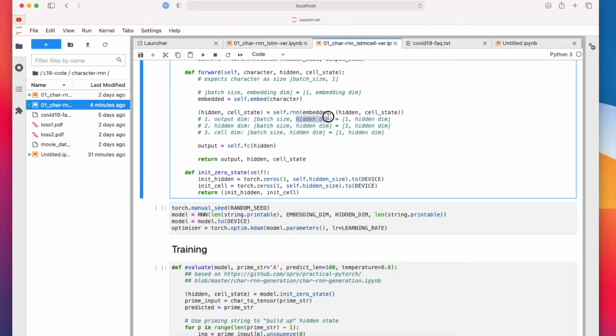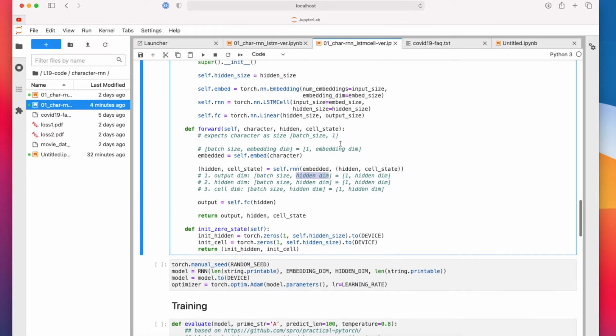This is not right here. I think this should definitely not be this one. It should be the number of characters. But here I said hidden state, output size should be, yeah, the output size. Fix this.